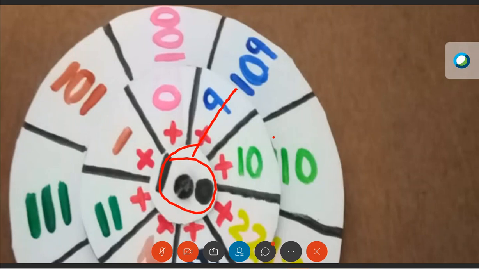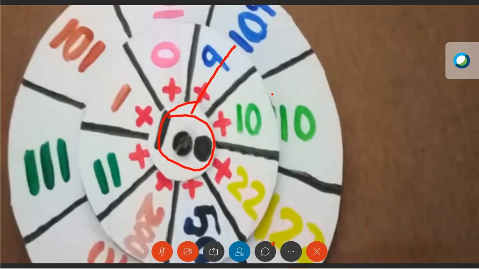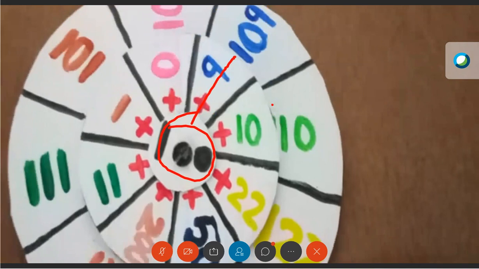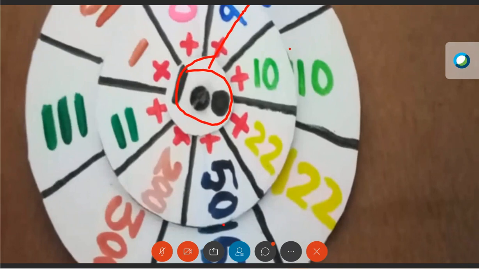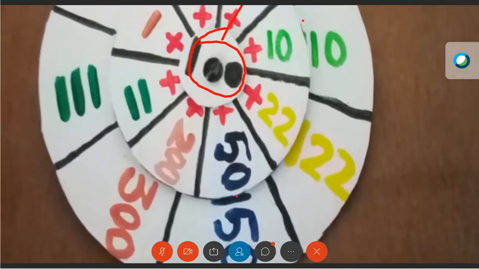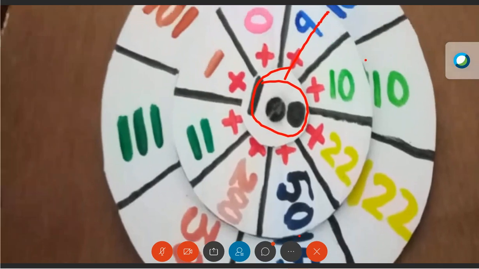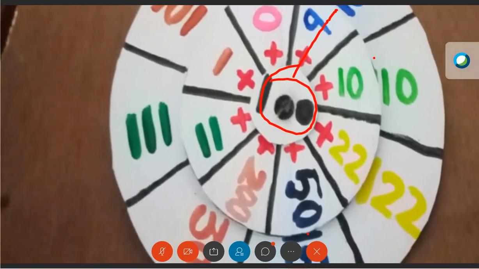Yes, we will start from pink. 0 plus 100 is equal to 100. 1 plus 99 is equal to 100. So like this you have to draw it. So 10 plus 90, green color. 10 plus 90 is equal to 100. So like this you have to make it 100. Or 50 plus 50, you can make 100. So you can spin the wheel. If we spin the wheel, it will come to 100. You write down 2 numbers and spin the wheel, and the same sketch color will make you 100.